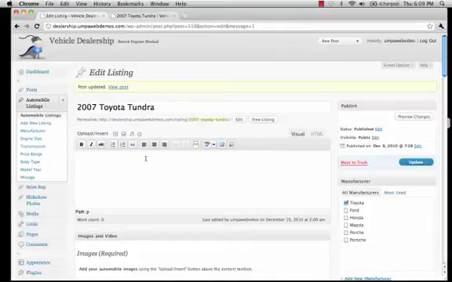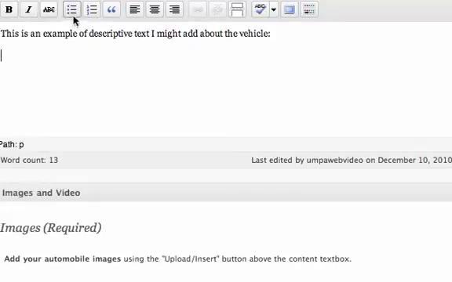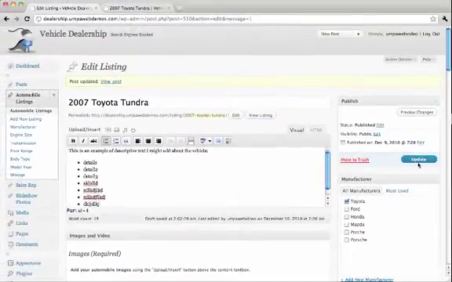If you want, you can add a simple description line. Then you can also bullet point some vehicle specifications. Make sure you click on the Unordered List button and start adding your attributes, until you're satisfied with the number of attributes that you've added. Then you'll scroll over to the Update button,